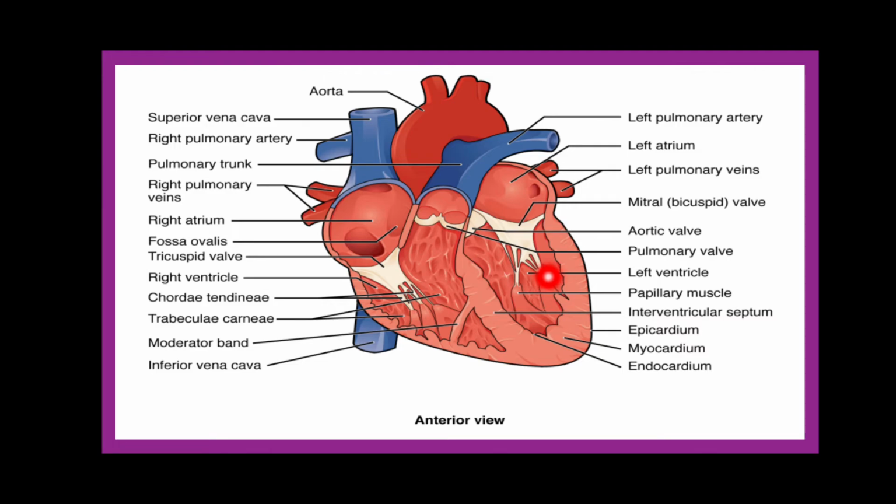Okay, plus if you will see the left ventricle, the left ventricle is the pumping chamber for the aorta, since it is a ventricle and it has a thick myocardium compared to the right ventricle. Why is the myocardium thick? Because it has to force the blood with high pressure into the aorta, which provides blood to the body. When the blood goes from the left ventricle to the aorta,